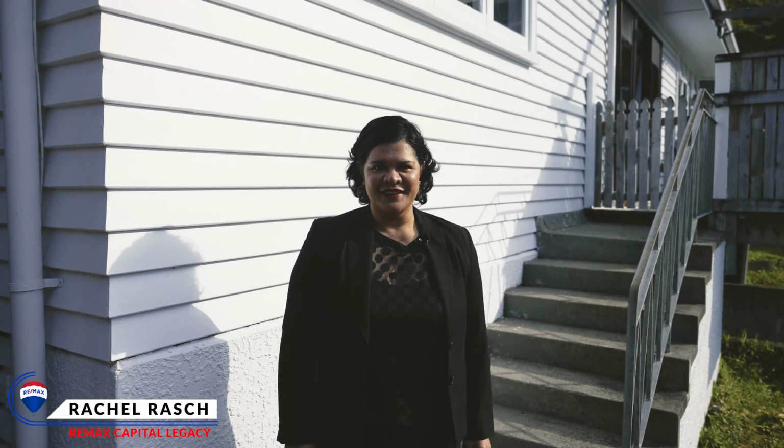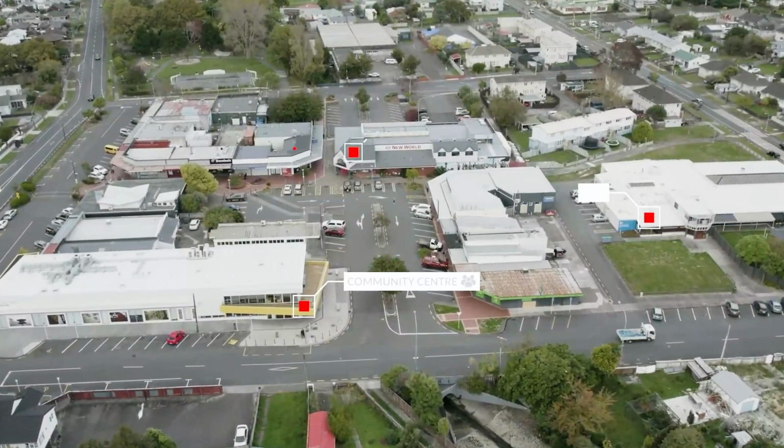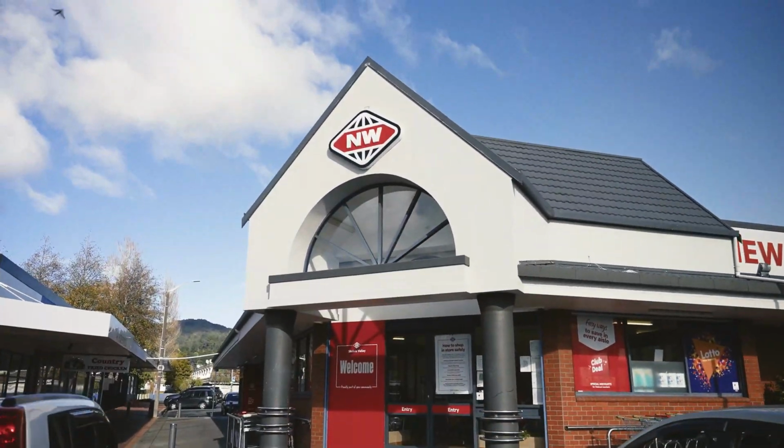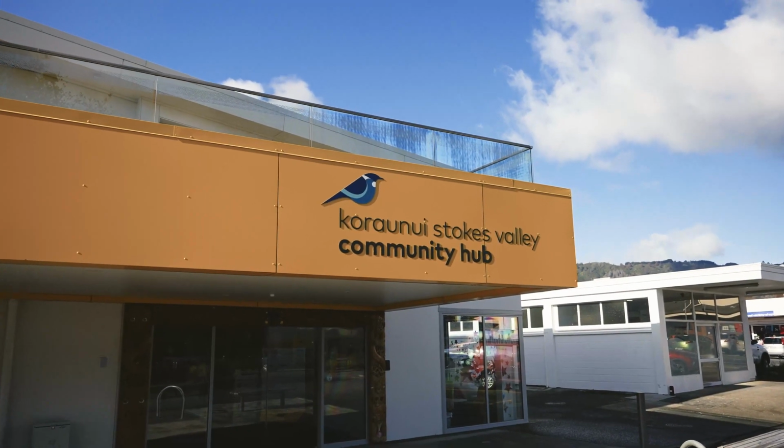Here we are at 47 Bird Grove in Stokes Valley, and what a grove it is. I know because I've sold 6 houses here, and they've gone to young professional couples and families. Stokes Valley has everything any thriving community would need, with a New World, a community hub and library, and also